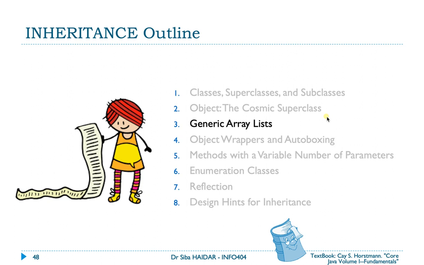So we will continue today with an appetizer on the generic array lists because there will be a dedicated chapter called collection in which we will see the array list generic class and all the framework of the collection. So after the generic array list today we will see the object wrappers and autoboxing. We will see also methods with variable numbers of parameters, enumeration classes, reflection, and we will end the chapter with